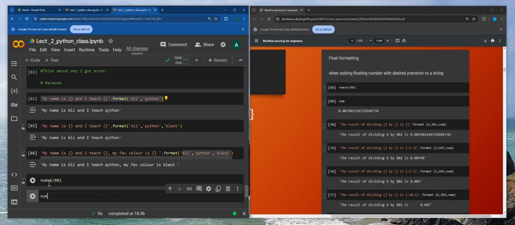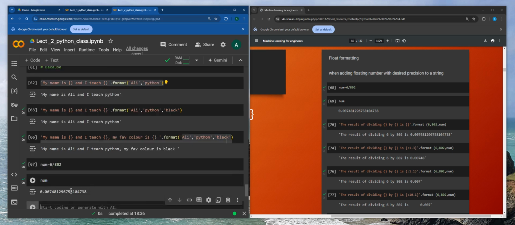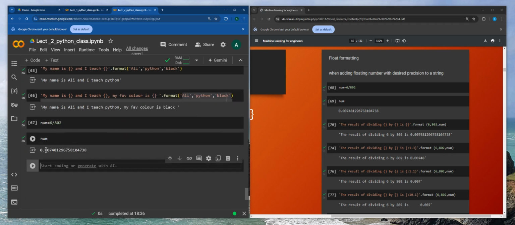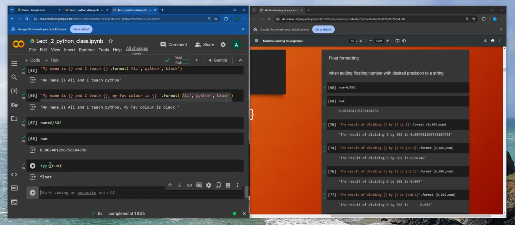Okay, so what is num? It's a very large number, not large in terms of its value, but a lot of digits are involved in this floating number. Let's double check: what is type num? It's float. You will realize, especially in the deep learning section, how important it is when numbers are float or integer. But at the moment, don't worry about it. So just type num float. It means a floating point number, meaning that it's not a whole number. It has